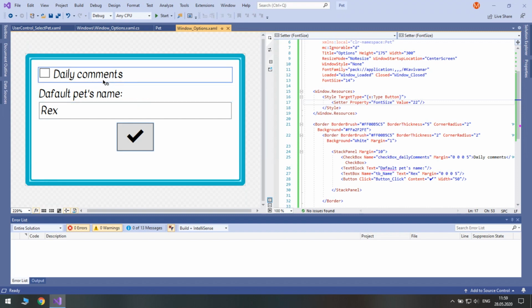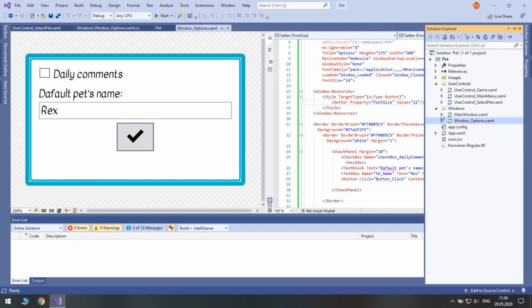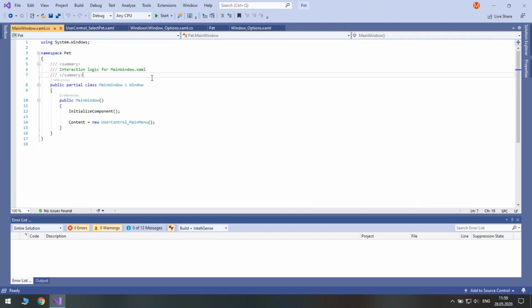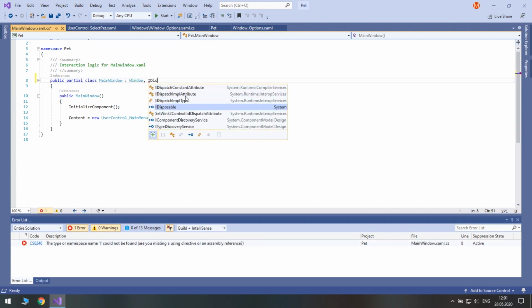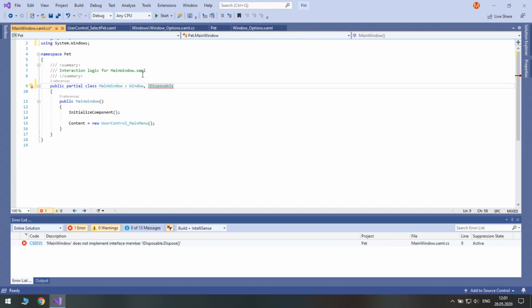There is one thing that we need to do. We haven't started to use many resources, but we need to think for future release of unmanaged resources, which will grow. So let's open our main window, the CS file, and according to Microsoft documentation, this can be done via implementing a dispose method. So first of all, let's inherit from the IDisposable interface. Press Ctrl dot and implement all members explicitly.